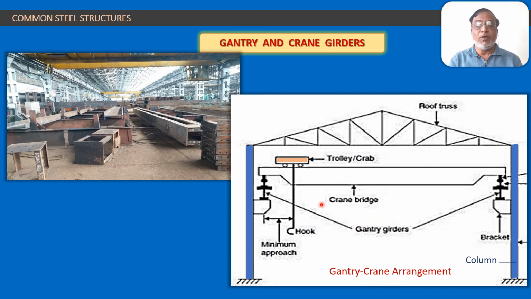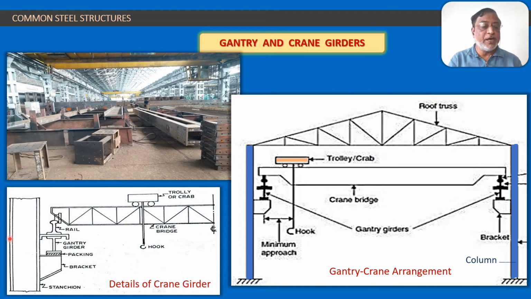So what will you do? You will move this entire crane girder. How to move this crane girder? For that we will have to see how the crane girder is supported. You can see that at the end of this crane girder, you have 2 supports. Here you get a column, this blue colored column. On the column there is a bracket. You can see this bracket, or for a better picture you can see it here also.